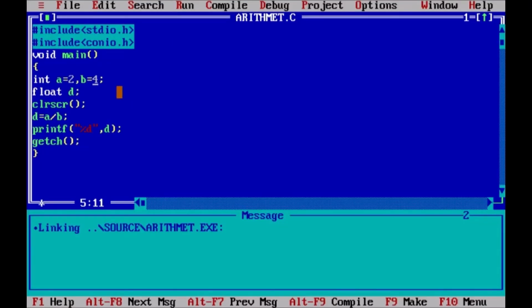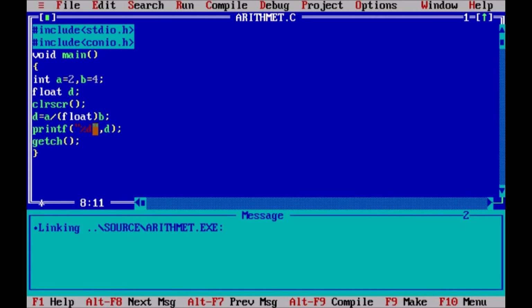Still it is 0. Let us understand why this happens. Since a and b are integer variables, the output of two integer variables is also an integer. So in that case 0.5 will still be treated as 0. So to avoid that confusion to the compiler, we are going to specify in brackets that the value should be of type float, since it is getting stored into a float variable. This is called typecasting. So let us write float.